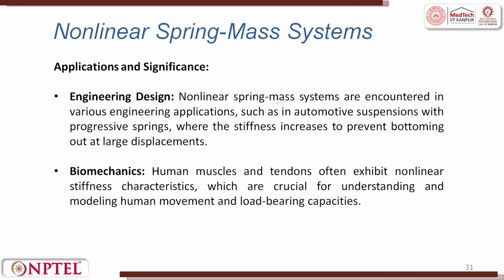Nonlinear spring mass systems are encountered in various engineering applications such as automobile suspension with progressive springs, where the spring stiffness increases to prevent bottoming out at large displacement. In biomechanics, when you are trying to mimic a muscle, or when you are trying to make a biped robot, human muscles and tendons often exhibit nonlinear stiffness characteristics, which are crucial for understanding and modeling of human movement and